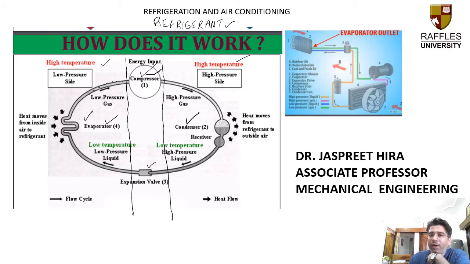So in the evaporator, the refrigerant has flowed from a low pressure side to a high pressure side. So we are basically transferring the refrigerant from a low pressure side to a high pressure side. Now in the low pressure side, we have the evaporator. Now heat, as you can see, it's already written here.